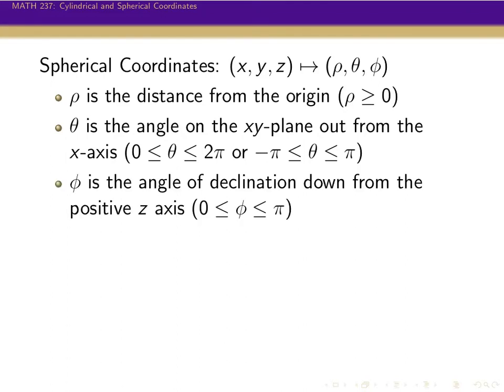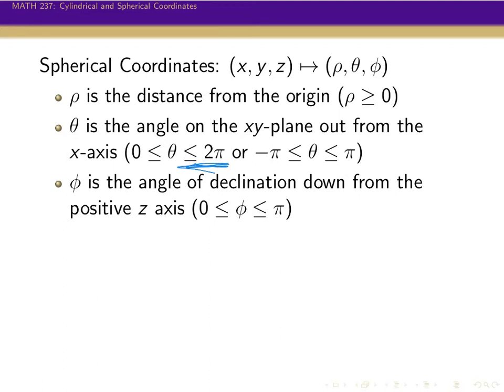Phi is the angle down from the positive z-axis, so it is an angle of declination down from the positive z-axis, and phi only goes from 0 to pi, because once you get to pi, then you're all the way down to the South Pole. You don't need to go back the other way because theta going around to 2 pi is what gets you the backside. So one big thing to note, the angle theta goes,